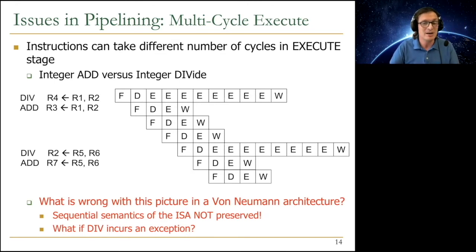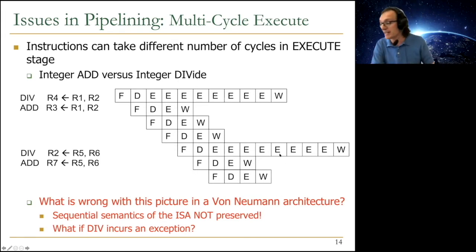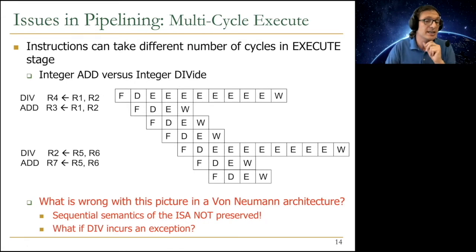your program. But debugging becomes harder if later instructions actually updated the registers, because now the programmer cannot reason about what's going on in the machine, right? According to the programmer, this divide instruction shouldn't have finished. Okay, it didn't finish, but no later instruction should have finished also. If some later instructions finish, now debugging becomes very hard because